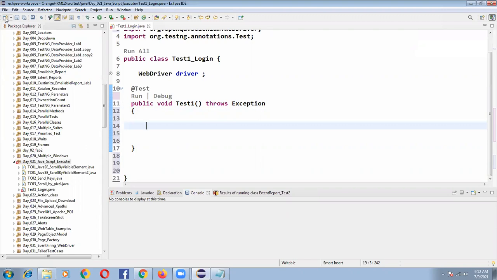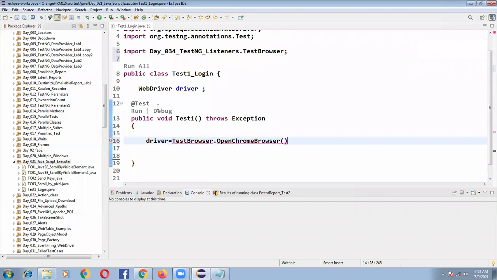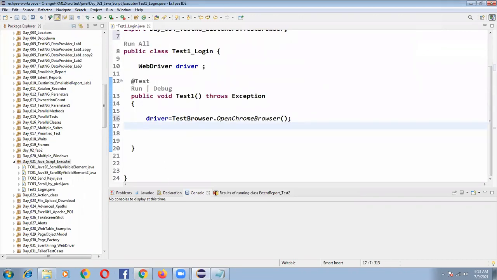But if you are not, driver is equal to TestBrowser.chromeBrowser. Open Chrome browser. Right, I have written it. After that, I need to launch my application URL.